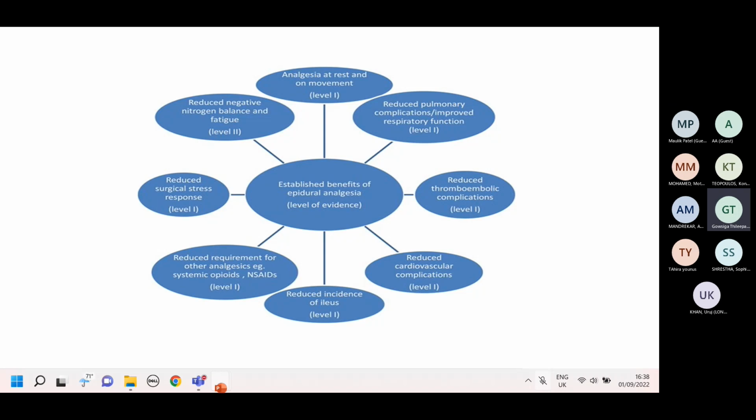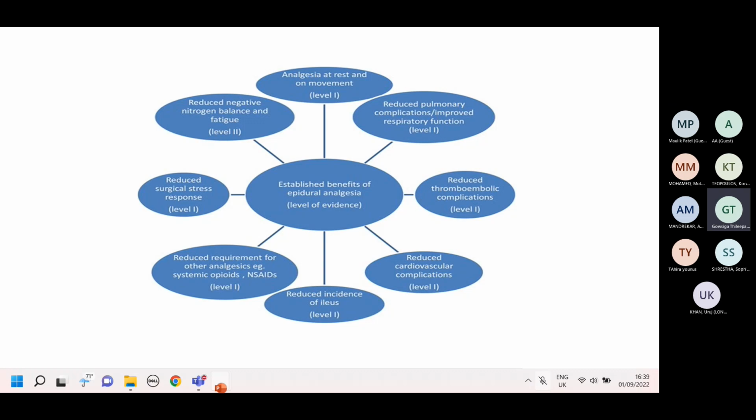So they have reduced pulmonary complications and improved respiratory function. It leads to early mobility and early recovery. It also helps in reducing cardiovascular complications such as chest pain, and post-operative vasoconstriction is reduced, so it helps the cardiovascular system as well, and reduces the incidence of ileus. So paralytic ileus incidence will also reduce,